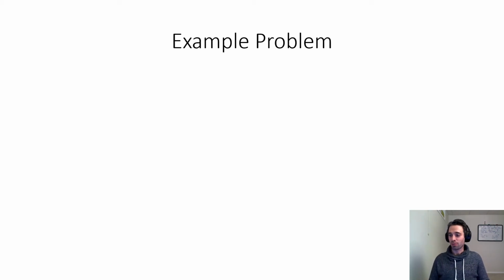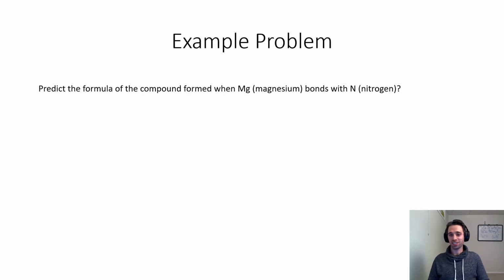Let's run through one more example problem together that's a little bit more challenging. Predict the formula of the compound formed when Mg, magnesium, bonds with N, nitrogen. Try this on your own before I walk you through the answer. Pause the video. Okay, now that you've hopefully paused the video, the charge of magnesium is what? It's positive 2. The charge for nitrogen is what? It is -3. We'll do that cool crisscross method. We'll take the positive 2, put it in front of the nitrogen, the -3, put it in front of the magnesium, and what we'll end up with is